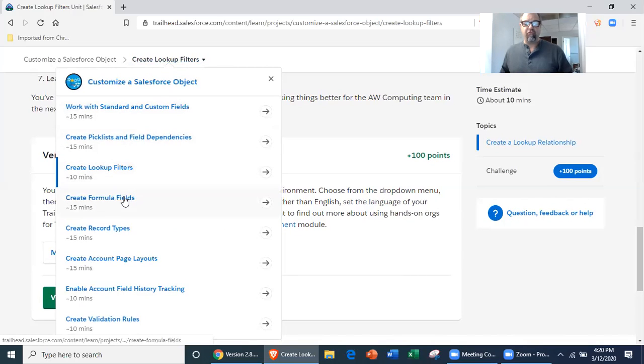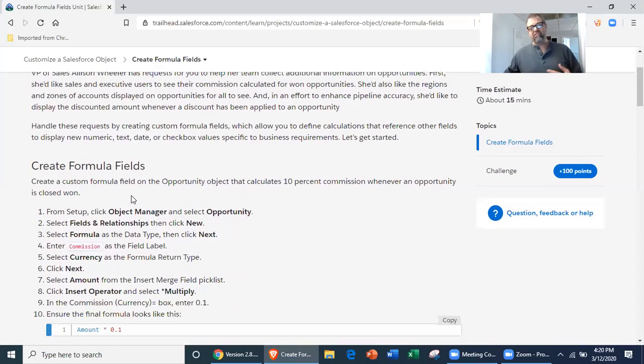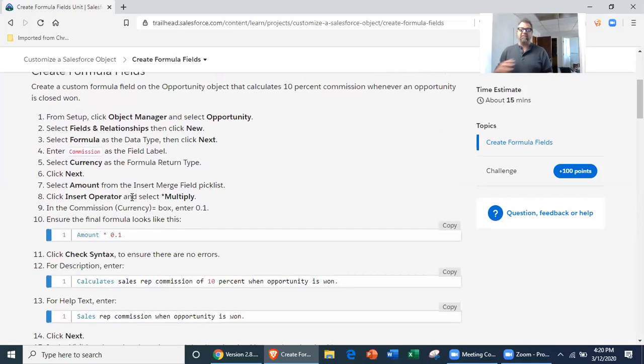Okay. Now, formula fields, we did a lot of those as well. So this, by the way, is also another one of those dumb examples given by people who write training and not manage sales. The commission field is never a straight line commission. There's always a reason why the commission is different. And it takes a much more complex formula. But what this showed you was, hey, I can create some formulas, right? If I want to see what 10% of the amount is, and I want to see what 10% of the